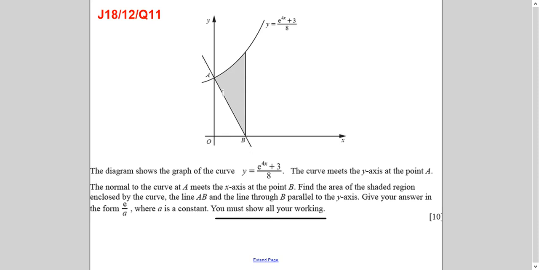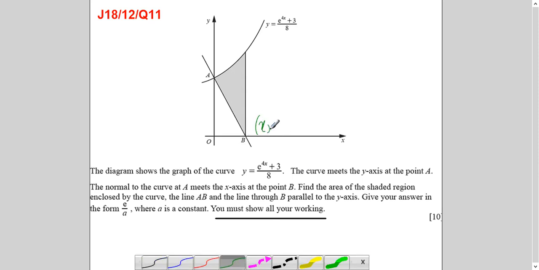If I can find the equation of this line, which is the normal, then I can substitute y equals 0, because it is on the x-axis. And we know that on the x-axis, the y coordinate is 0. So this point B is basically x comma 0. And this point A is on the y-axis, so the x coordinate is 0 here. So how will we find it out?